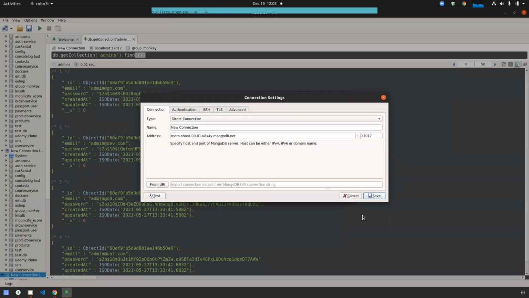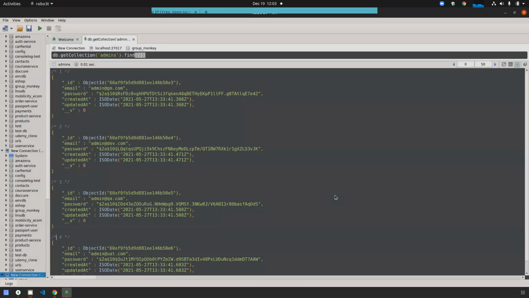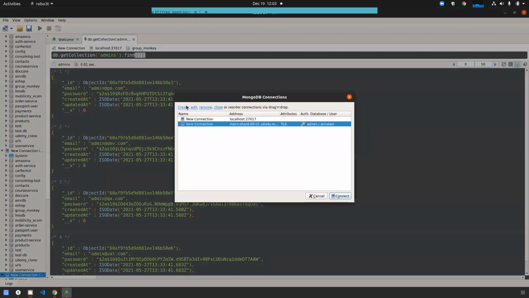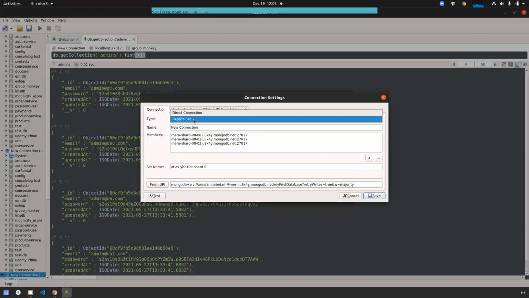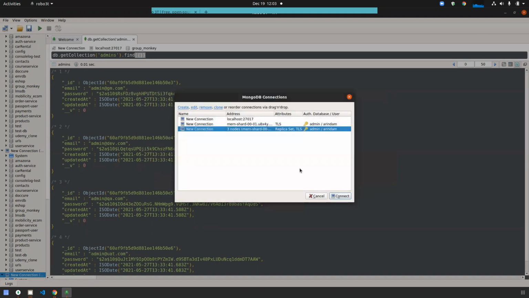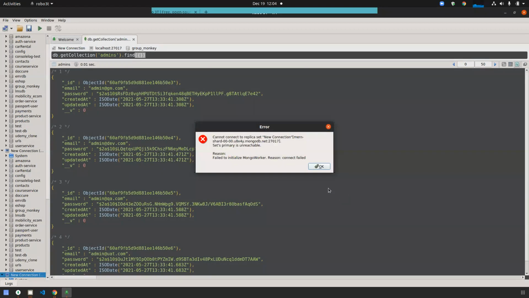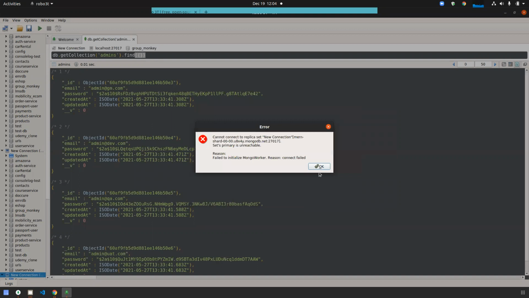Get connection. Why is it not connecting?